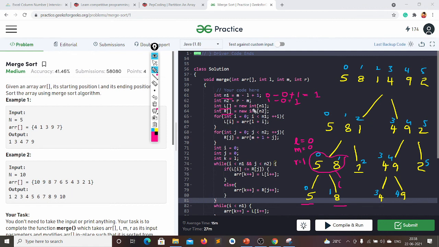What is L here? 0. 0 plus i, 0 plus 0. The 0th element will sit here. And again, R means from mid onwards, no? What is my mid? 0. 0 plus 1 plus j. What will be my j? 0. So 1. The first element will sit here.